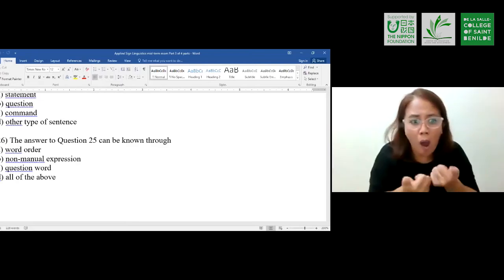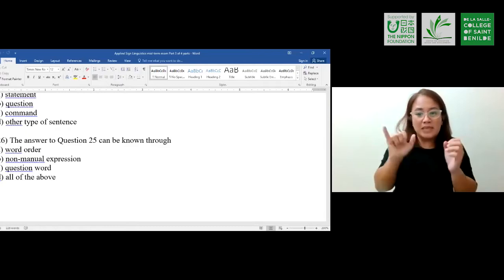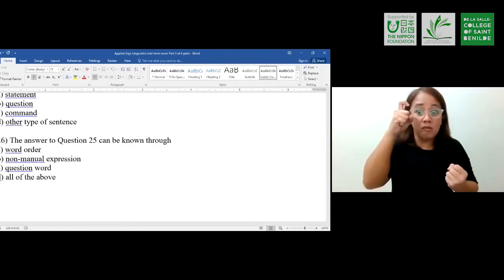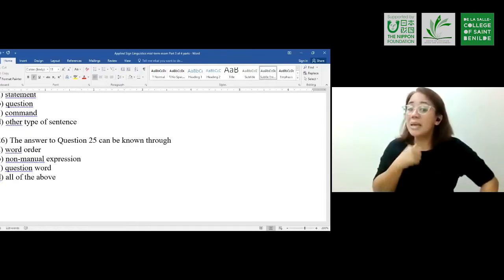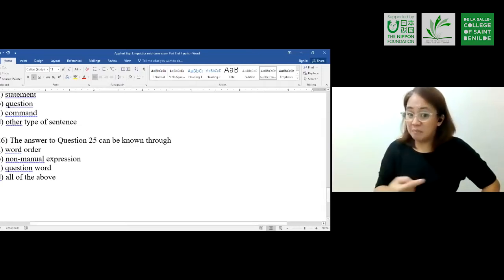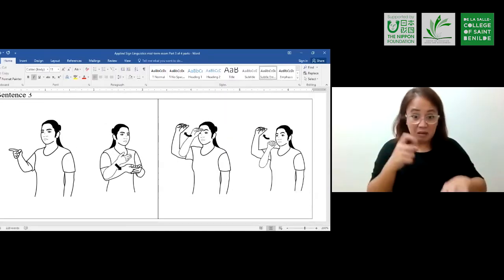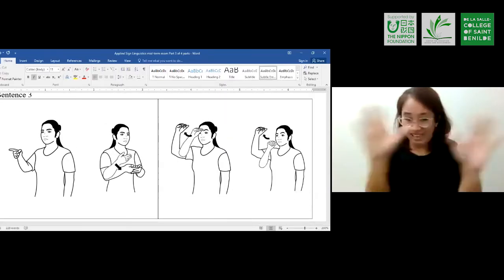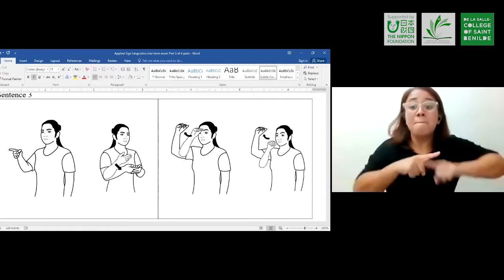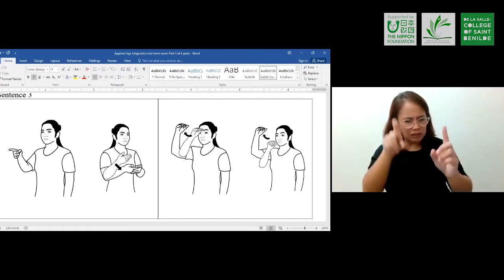I'm not saying myself as a hearing person, non-Filipino, that the question expression is not clear enough, but if deaf people taking this test could not see that expression,